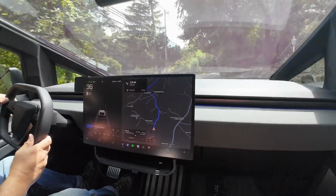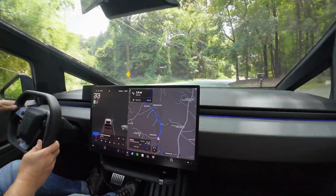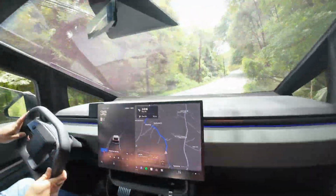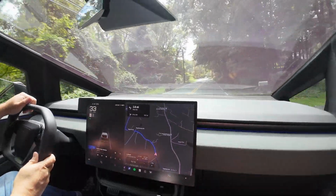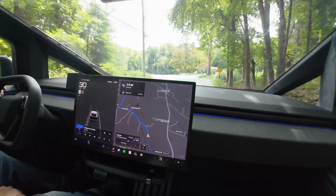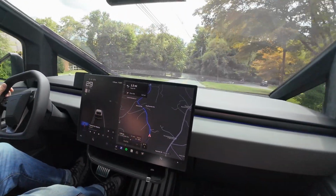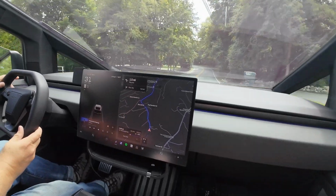I'm used to using Waze or Google Maps, and they're not foolproof. But as long as they try to avoid some traffic, I'm generally fine with that. And if it adapts, I don't know if it's the same as Waze, but as long as it gets you there and doesn't put you in the middle of traffic or toll